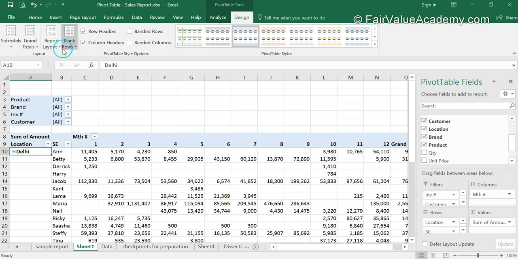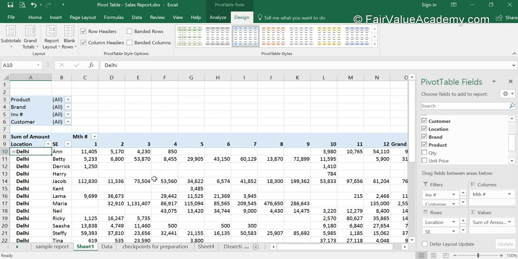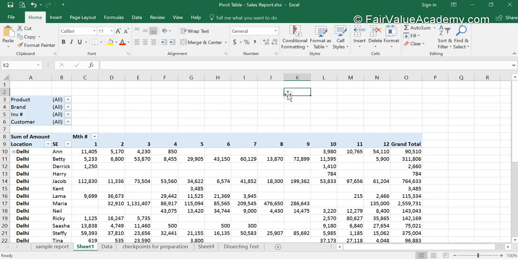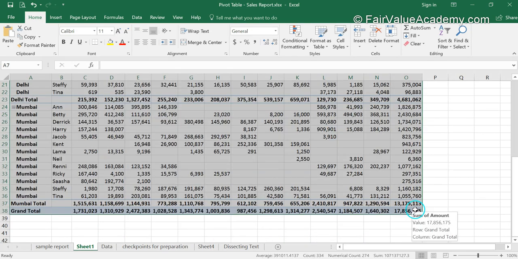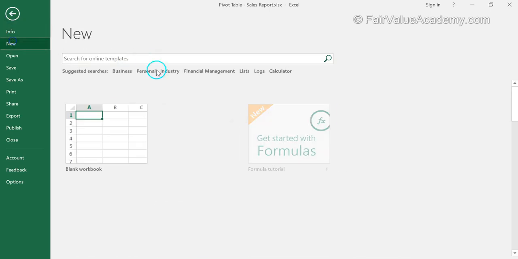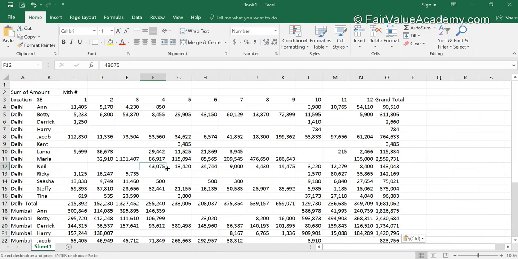Now, where can you use this option which says repeat all item label? Let's say I do not want to share this entire Excel sheet which has data as well as report table to a third person. What I'm going to do is I'm going to copy paste this information. So I'm going to take this much information, copy it, open a new file, paste it there, and then work on it and forward it to someone else where that person has only limited information and does not carry the entire company sales data.